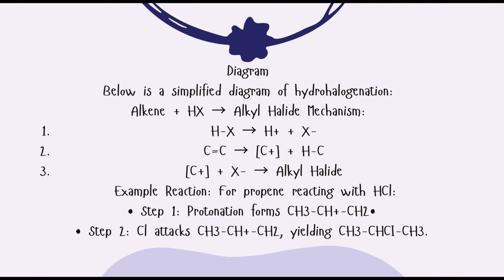So this is the diagram. Below is a simplified diagram of hydrohalogenation. Alkene plus HX gives alkyl halide. Mechanism: number one, H-X goes to H+ and X-. Number two, the double bond forms a carbocation, a carbon with a plus, with hydrogen on the other carbon. Number three, the carbocation plus X- gives